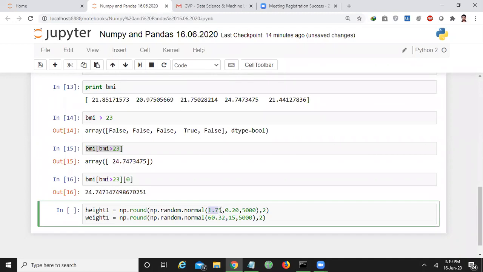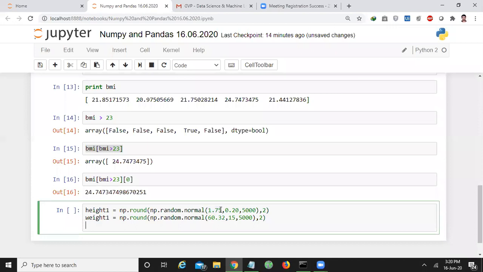If I calculate the mean of all those samples, it should come out as 1.75, with standard deviation 0.20. By maintaining this mean of 1.75 and 0.20 as standard deviation, it will create 5,000 samples, and each sample will be rounded to 2 places.